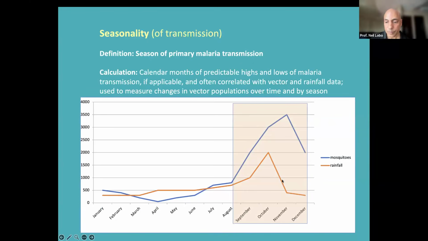So, for example, over here, you have rainfall in orange driving your mosquito populations. At some sites, especially those that are mountainous, rainfall might reduce malaria because the rainfall washes out all the larval sites. So it's important to understand the exact relationship between these different things because it might differ at different sites. So rainfall and mosquitoes, though we normally assume more rainfall equals more mosquitoes, it completely depends on your site.